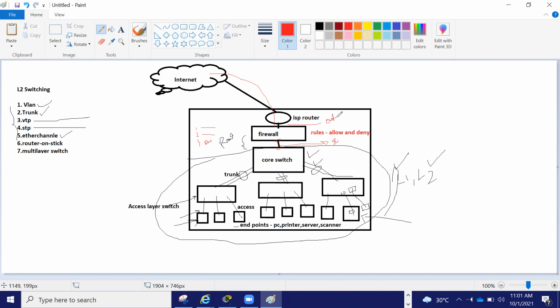So outside zone is nothing but the boundaries, right? So you can create a policy between this zone to this zone. You can control like that. From inside, anyone can go to outside, but from outside, no one can come to inside. Why? Because all your internal network is here. So the firewall will take care of that.